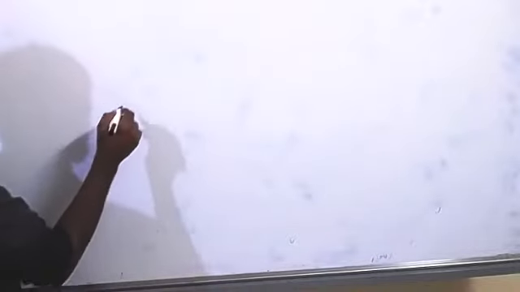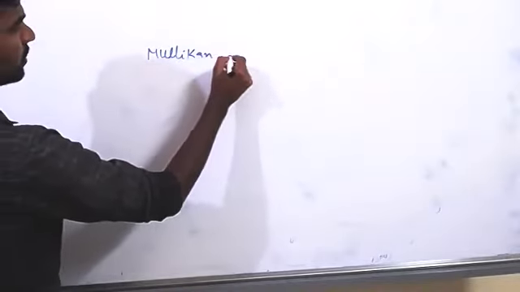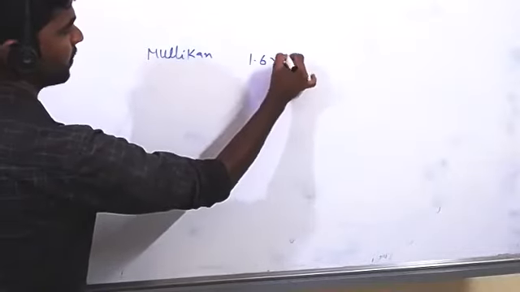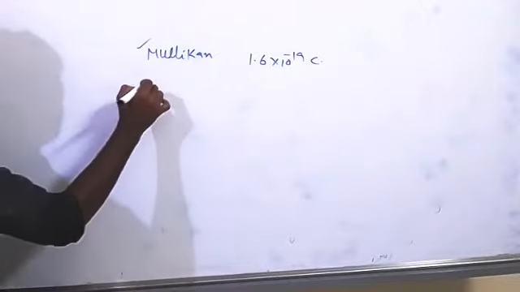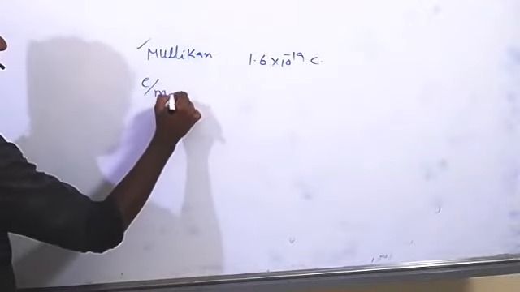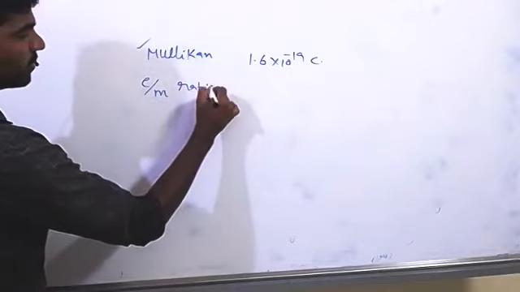Mass of electron was, so the charge of electron was discovered by Millikan. So, 1.6 × 10^-19 coulombs. I think you have this experiment in physics and chemistry, no need. They won't ask anything about the Millikan experiment. And the next one is the e/m ratio. This is very important in this topic. The e/m ratio of electron is